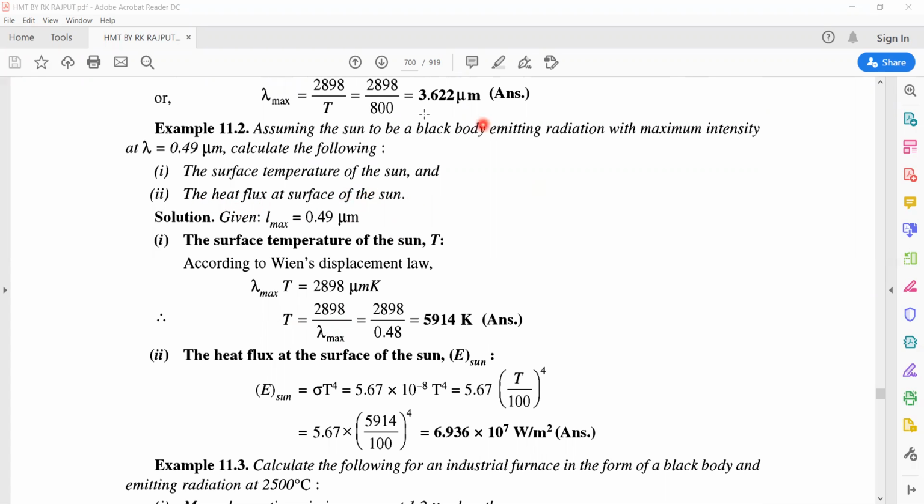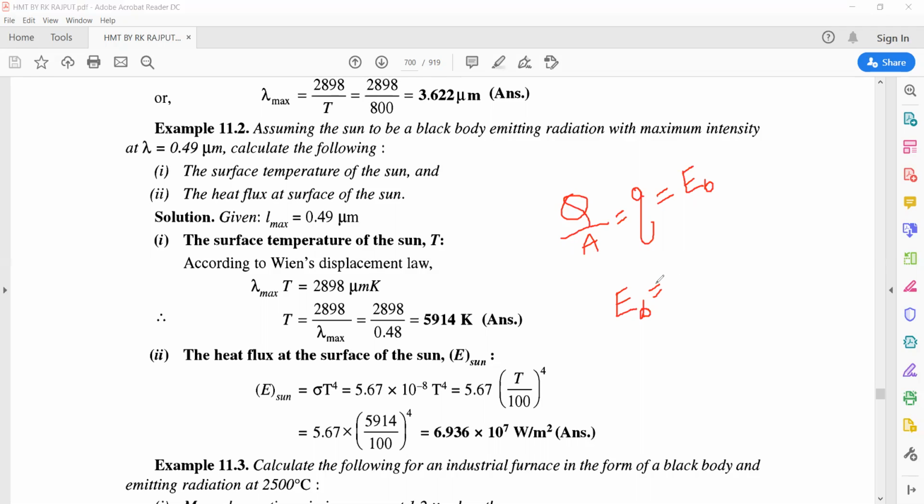Heat flux. So how to define the heat flux? The rate of energy emitted from the body per unit area is nothing but the heat flux. You can say it as a heat flux, which is denoted by small q, or you can say it as the emissive power from the black body. So according to the Stefan-Boltzmann law, the emissive power of the black body depends on the fourth power of the absolute temperature, or it is directly proportional to the fourth power of the absolute temperature.